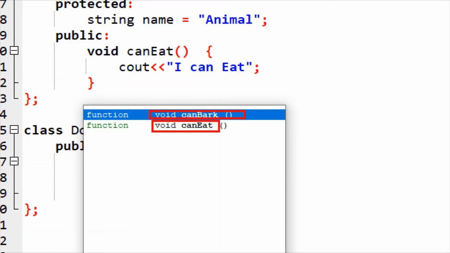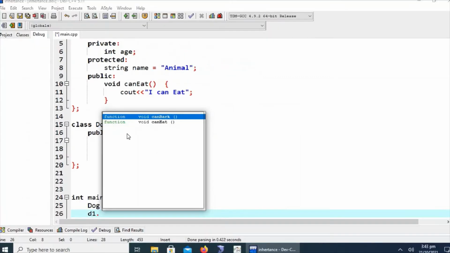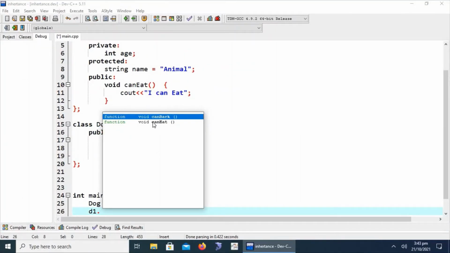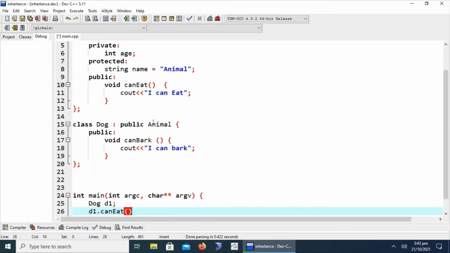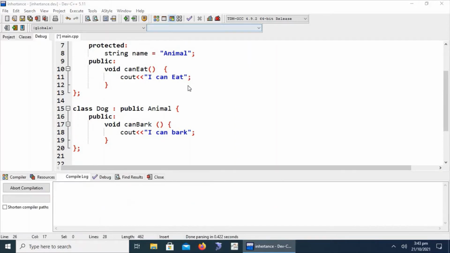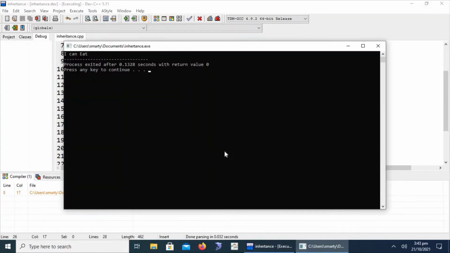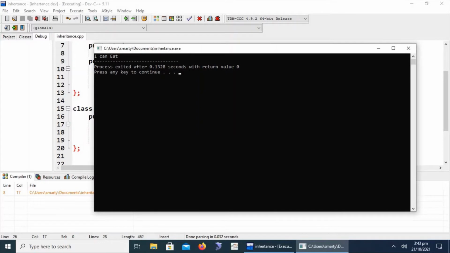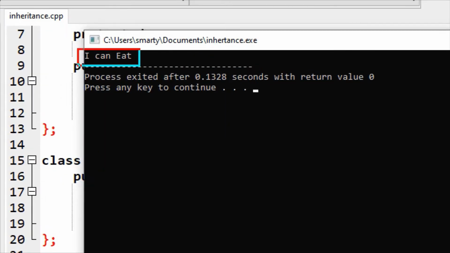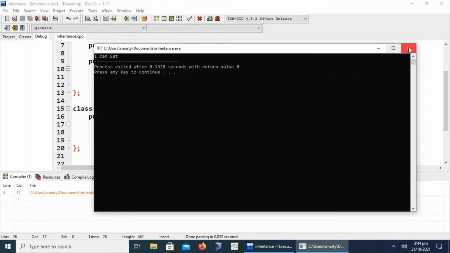Both functions are available to the object of the derived class. We are going to call the function of the base class, can eat. Okay, let's compile. Before compiling we have to save this C++ file. Compilation is successful, and we again note that we called the function of the base class, which is accessible.